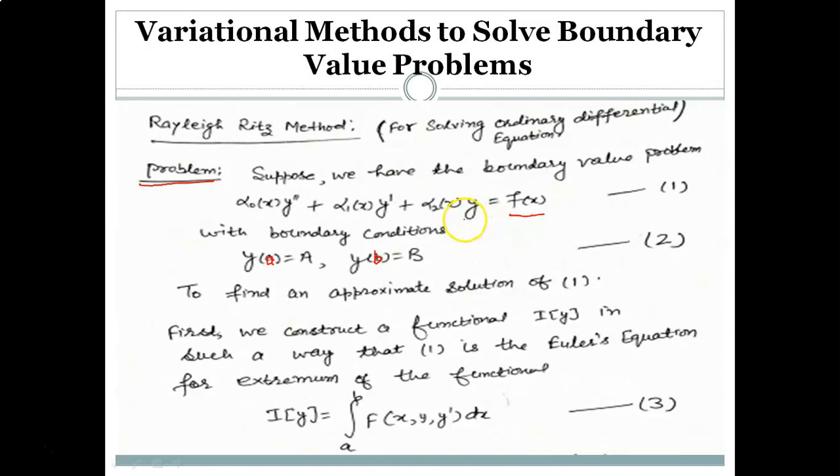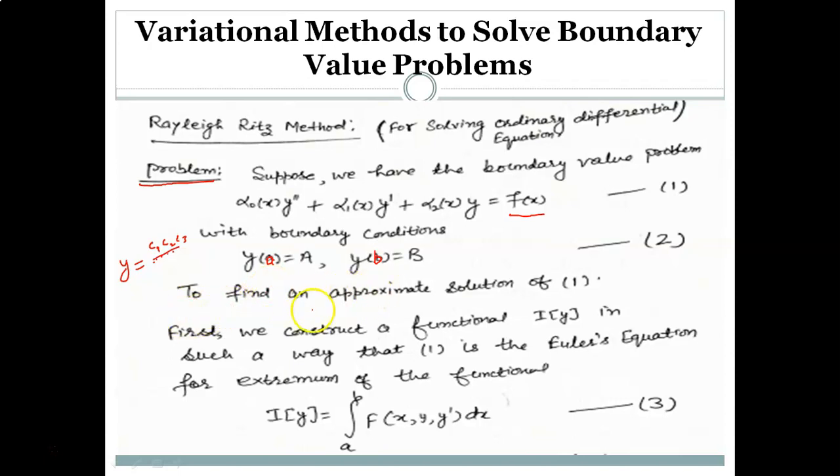This is the differential equation where y is the dependent variable and x is the independent variable. When we say the solution of this differential equation subject to these boundary conditions, you have to find the value of y in terms of x, and there will be certain constants c1, c2, etc. in the solution. So the exact solution can be determined with the help of the methods of ordinary differential equations. Depending on the type of the differential equation, various methods are available in the theory of differential equations.